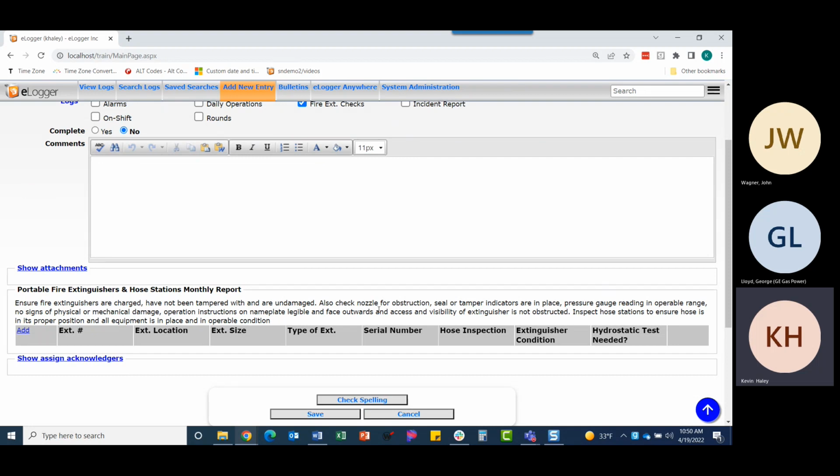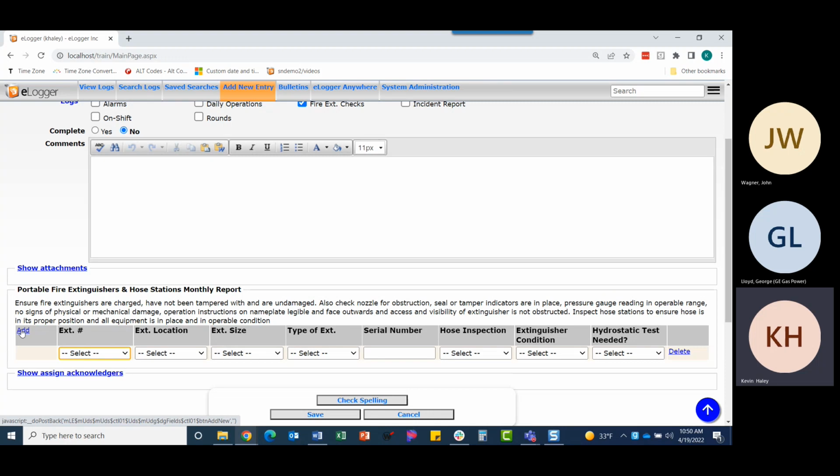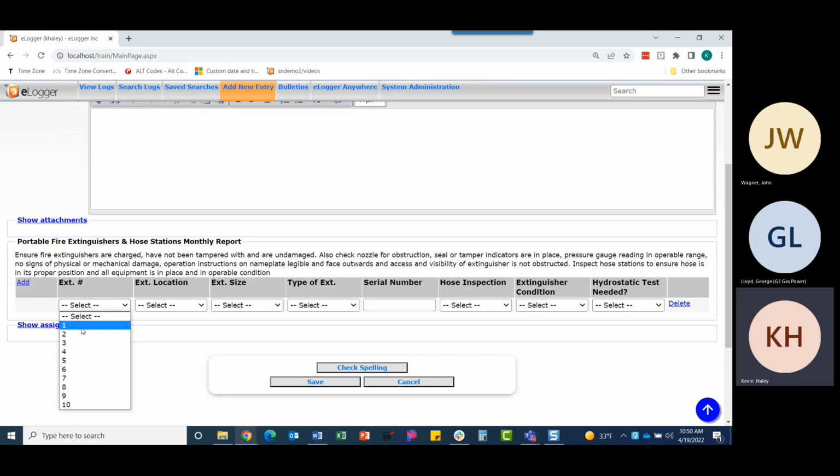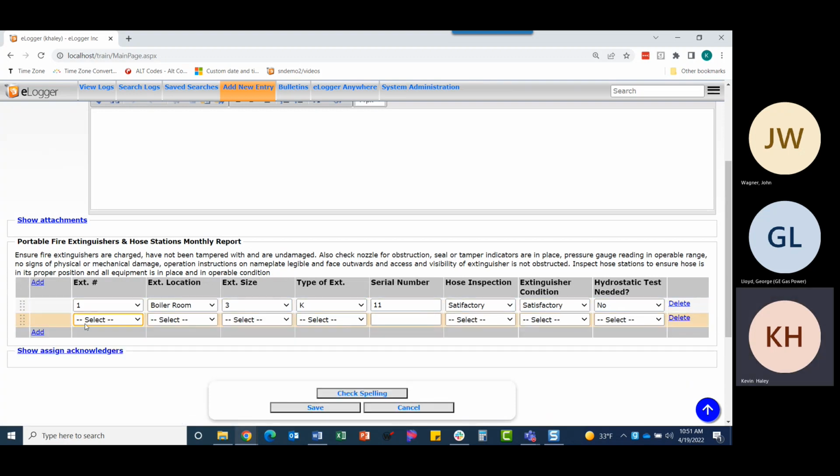So they go through, they do the fire extinguisher checks, they click the add button here, they say, here's the extinguisher number, here's the location, here's the size, here's the type, here's the serial number, and then they do their inspection. Hose is good, extinguisher condition is good, doesn't need to be hydrostatically tested. Then they walk into the next room or where the next location or the next extinguisher is. Click add. Extinguisher 2, it's in the laundry room, it's a size 4, it's type B, it's 22. And again,